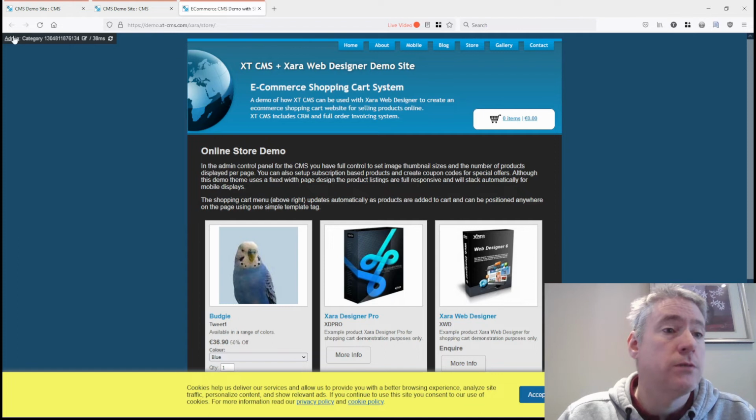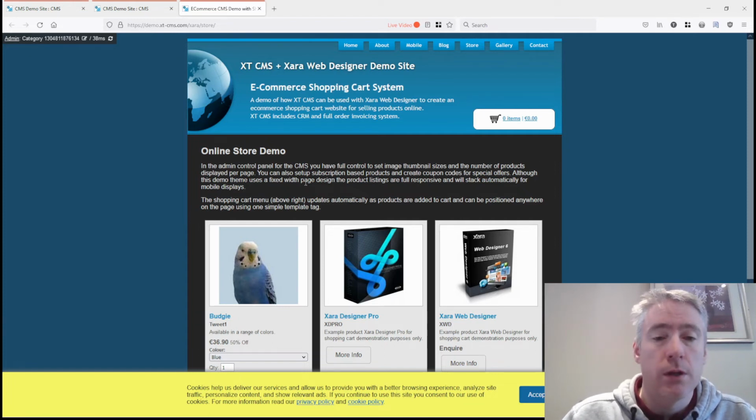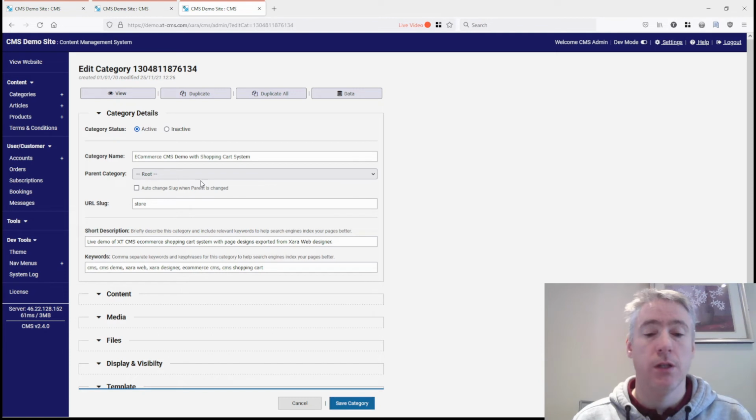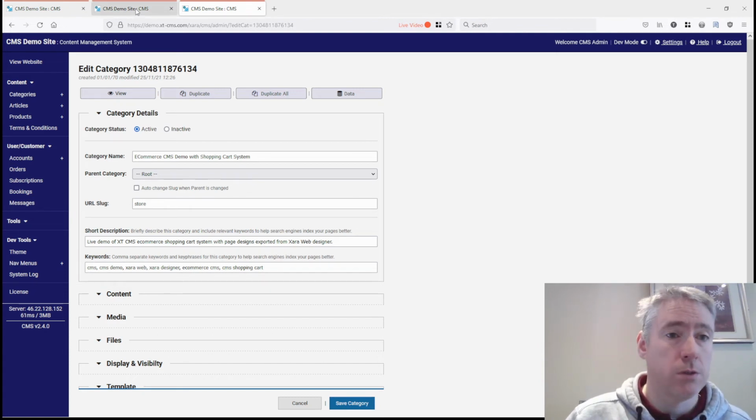And basically it just gives you a quick link to bring you back to the admin area, but it also shows you what you're looking at on the front end. So in this case we're looking at a category with this number, and if we want to edit this category now, we can just simply click this icon here and it brings us back to the category to edit, which is a real quality of life convenience feature, which is nice.